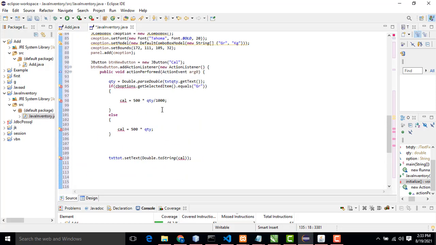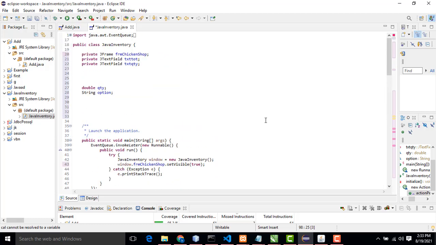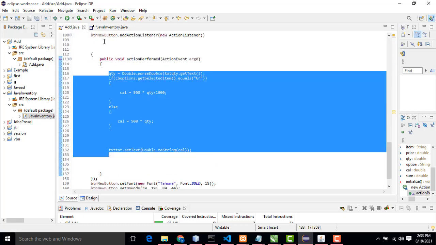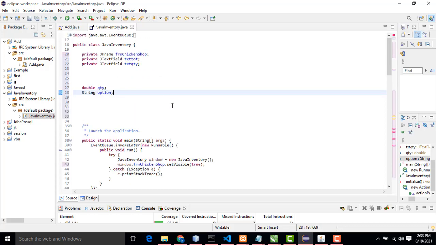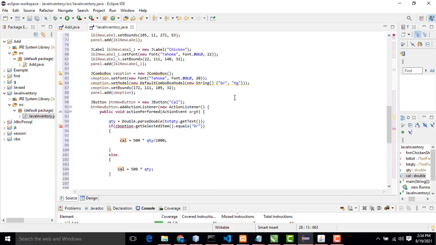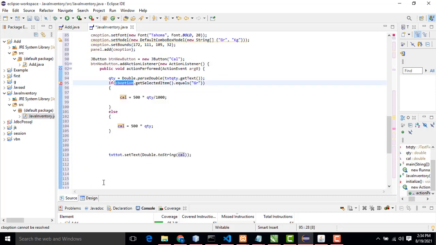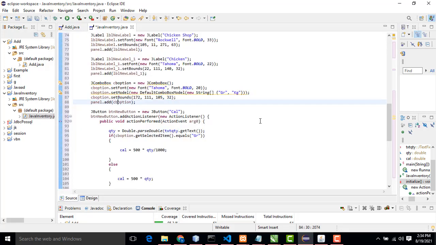You have to write two double variables, quantity and cal. CB option, we have named it as a combo box, CB options.